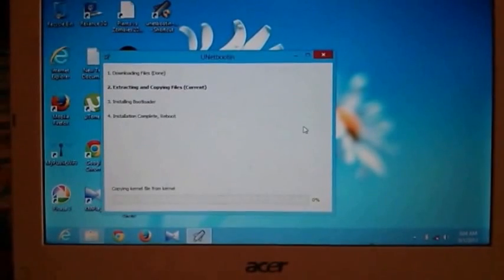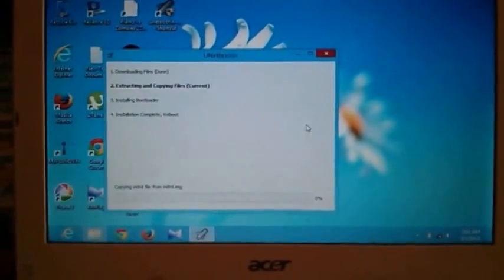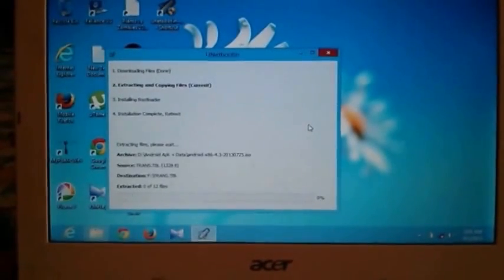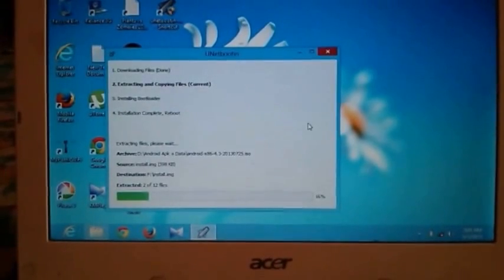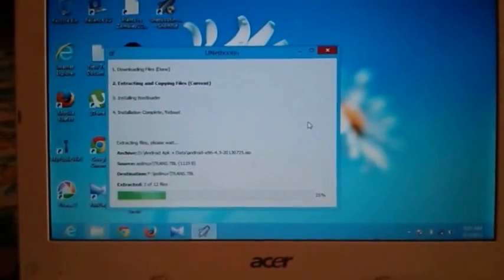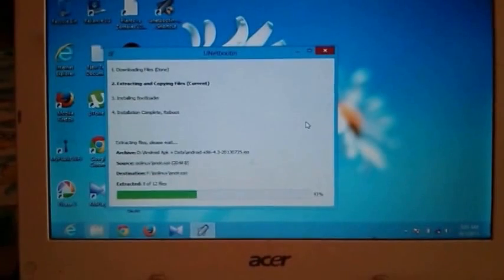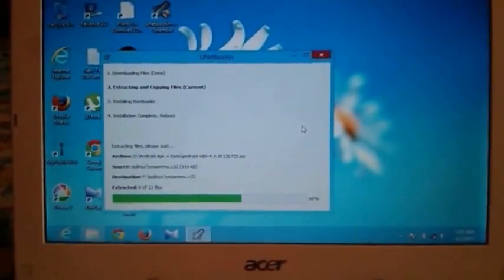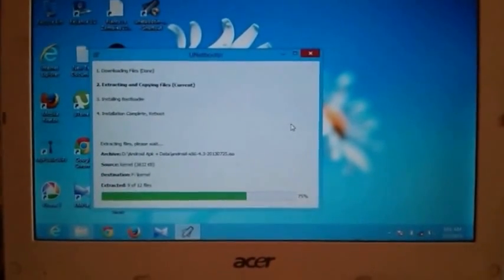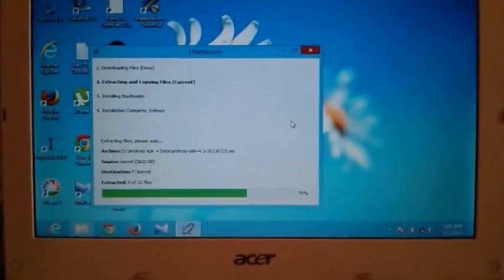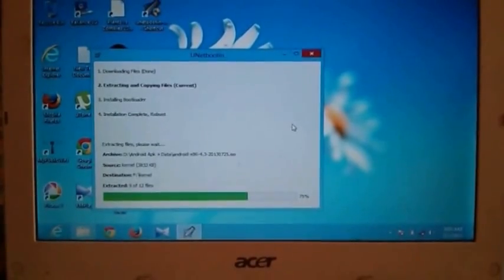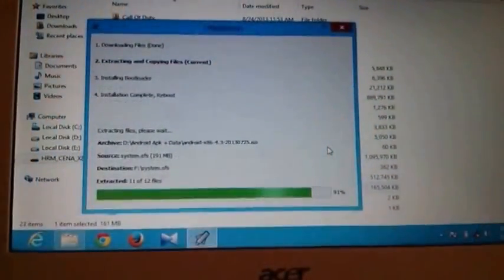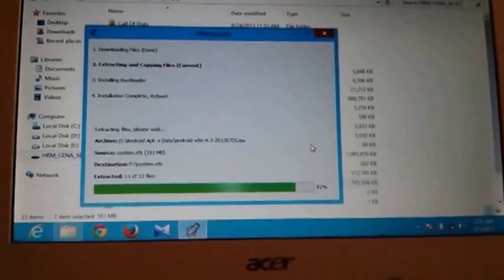This process will take some time, around 1 to 3 minutes or maybe more, depending upon the processor speed. Okay, now it's about to finish.